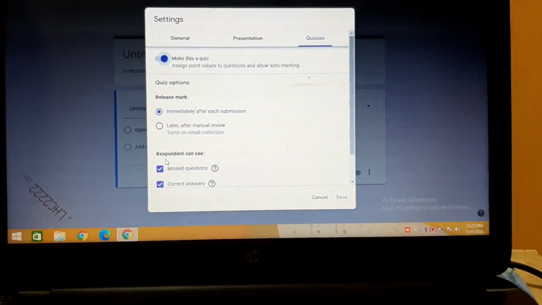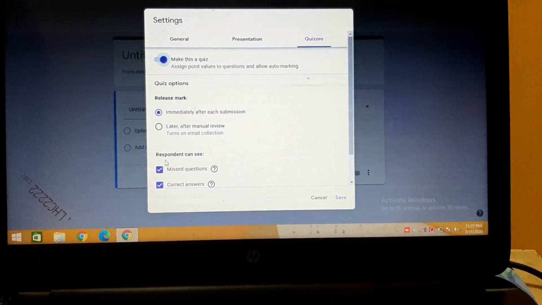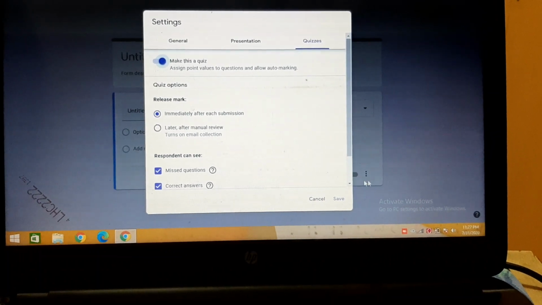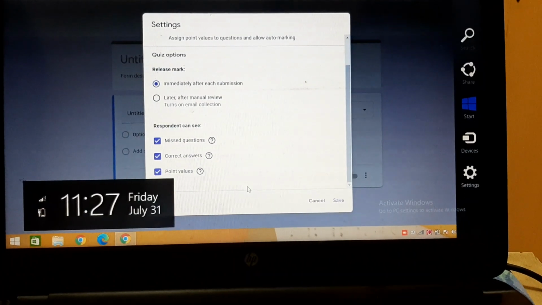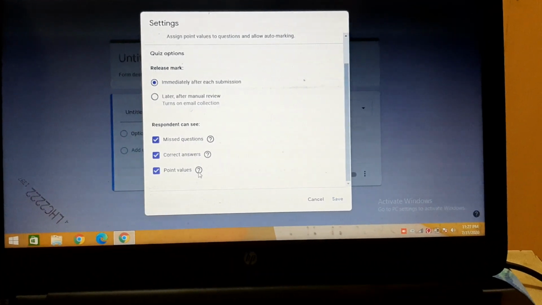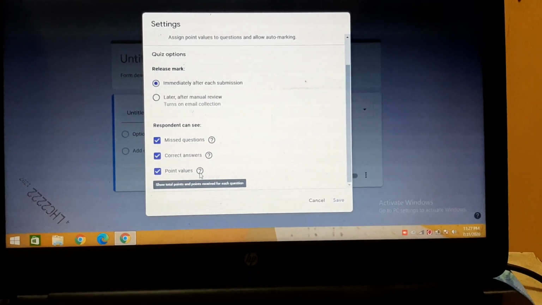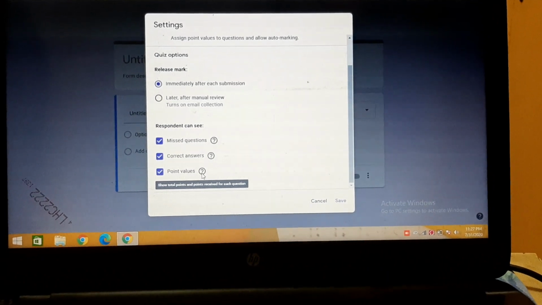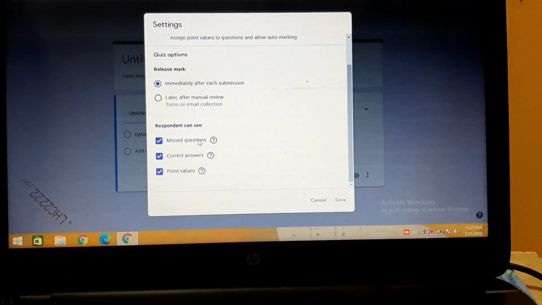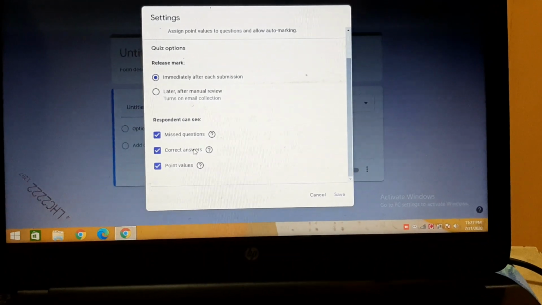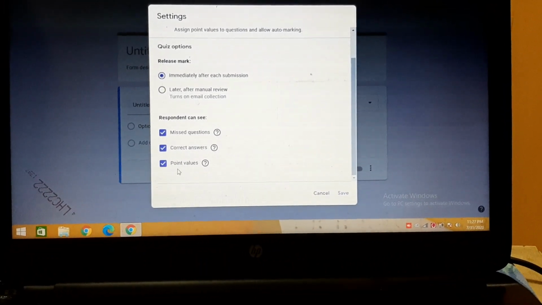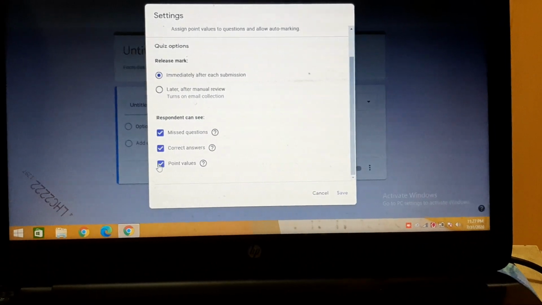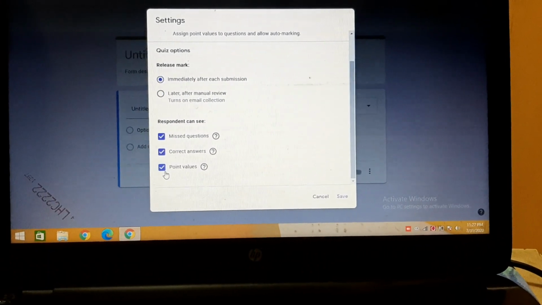If we want that the students, that means the respondents, can see the questions they have missed, or if you want to show them the correct answer, or the point value, meaning the marks that we have allotted for the question, we have to check these options. So let them be checked.